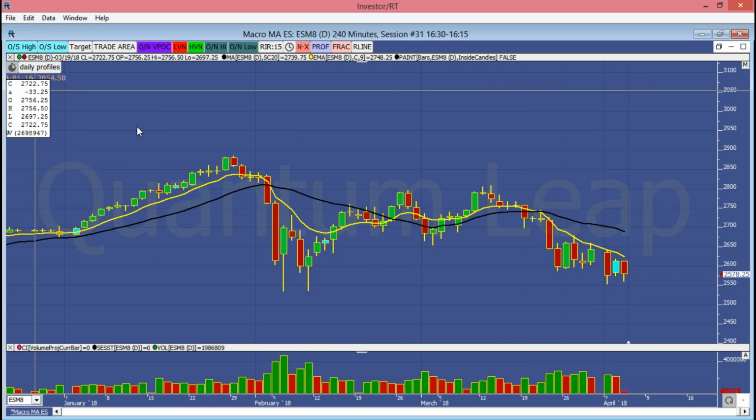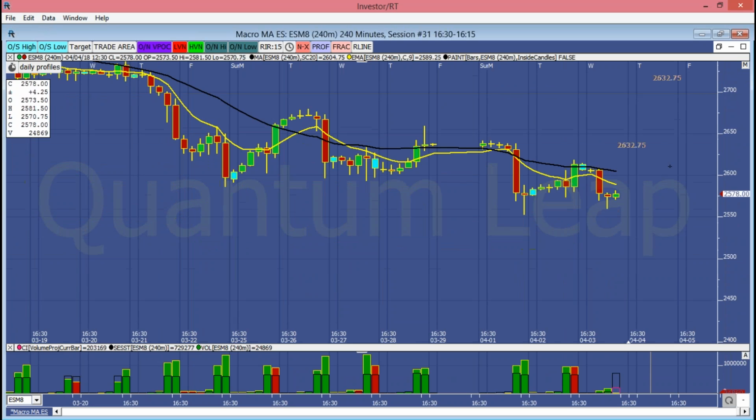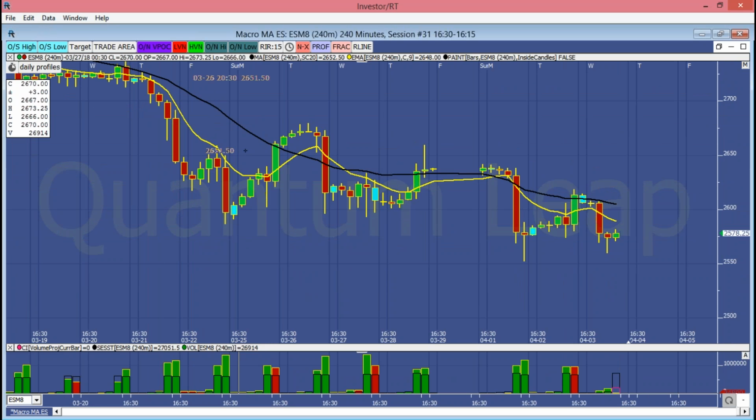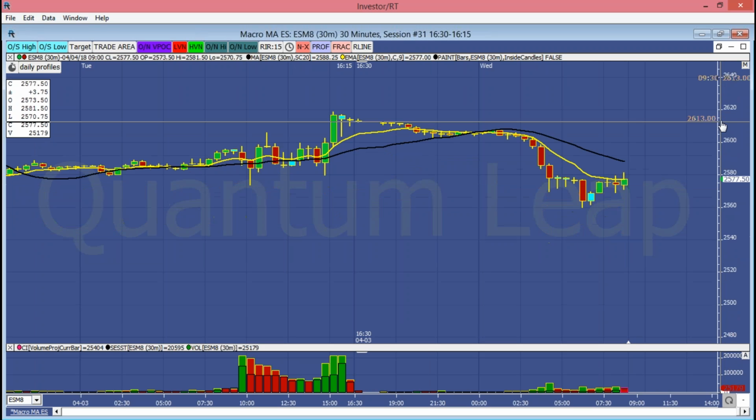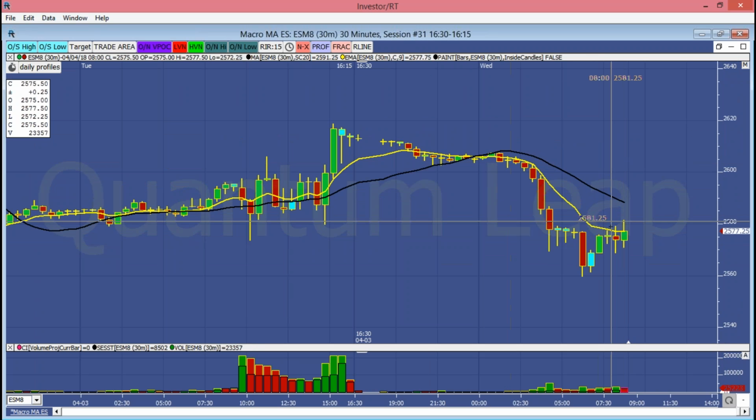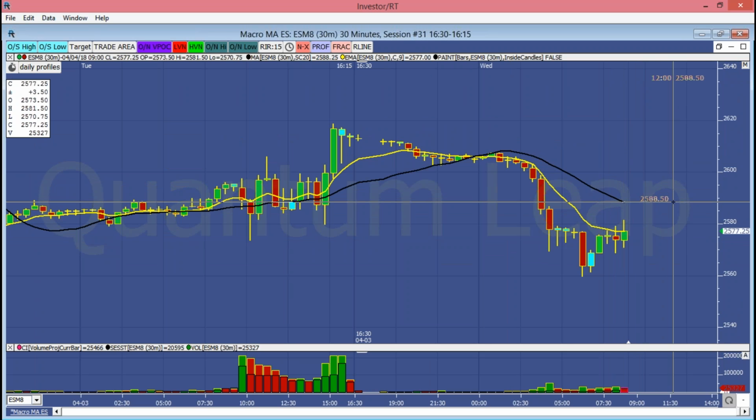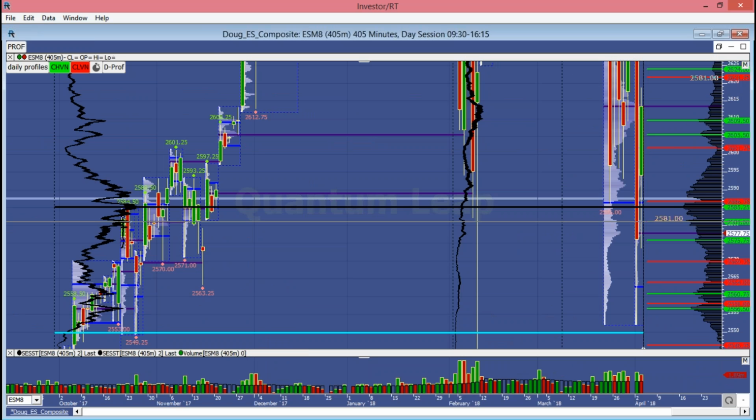Going to the intraday, the 4-hour, you can see that we've basically just been stair-stepping down, and every time we try to get back and hold above the 9 and the 20, they fail and come back down, and we're getting slope and separation to the downside. Going to the 30-minute, you can see the same picture, slope and separation. We are trying to get back above the 9 right now. The 20, we don't get above that until we get above 25.8850. So let's take a look at the bigger picture structure.